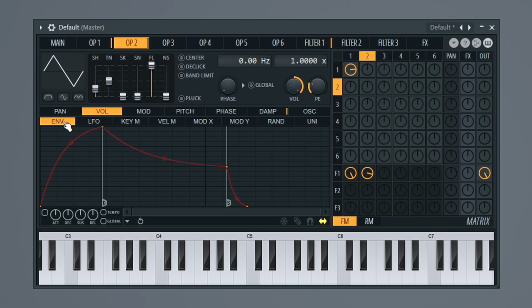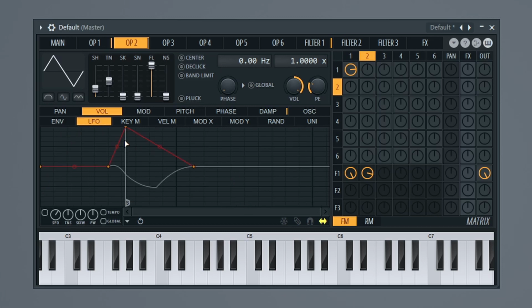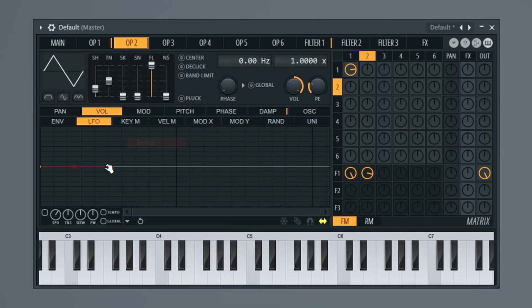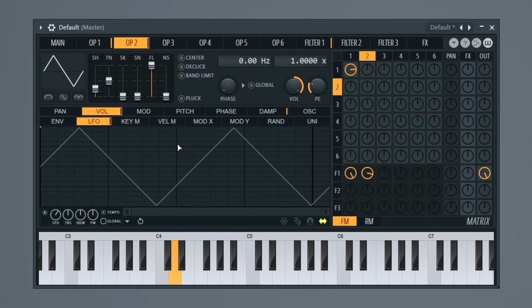Maybe you want to go back into the envelope, mess with the attack, decay, sustain, release to make a different sort of shape. And then the last thing that you may want to experiment with is the LFO, which in the case of Sytrus, in order to use the LFO properly, you're going to want to delete all these points and then bring this up, and it'll have the LFO shape that you want. So then you can enable it, you can link it to the tempo, and, well, here, let's take a listen. And because I only have that on my operator 2, it's only doing it on the operator 2 right now. So if I were to turn this off,